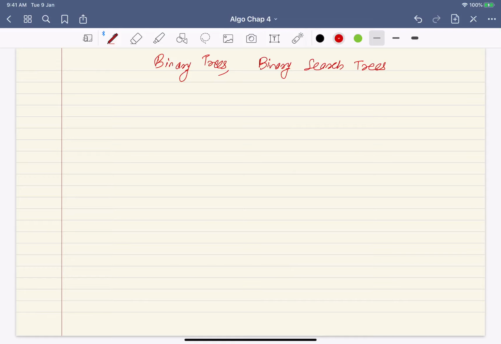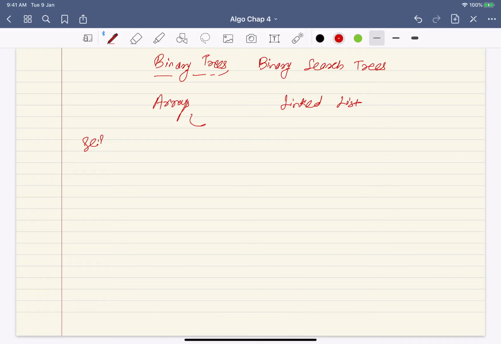Okay. So you see this data structure binary tree is in contrast with data structures like, for example, arrays or linked lists. Arrays and linked lists generally capture more than a set.